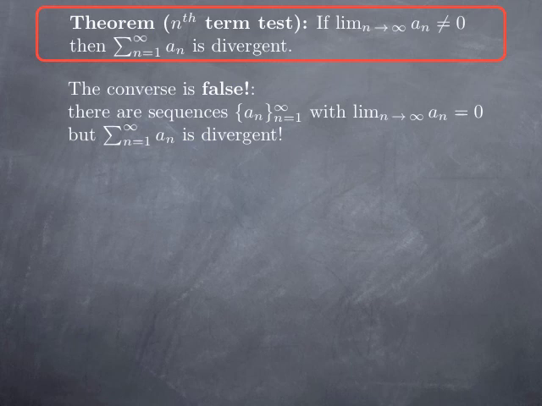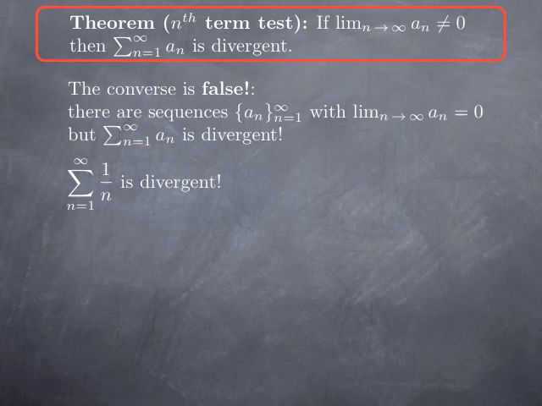Remember that we pointed out that if the sequence of general term doesn't go to 0, then the series is divergent, and we pointed out that the converse is false, giving as an example the harmonic series, a series from n equal 1 to infinity of 1 over n, and we justified that this series is divergent even though the sequence of general term 1 over n goes to 0, using an argument that is based on comparing the series or the partial sums with the integral of the function